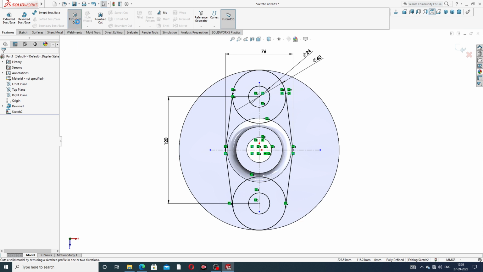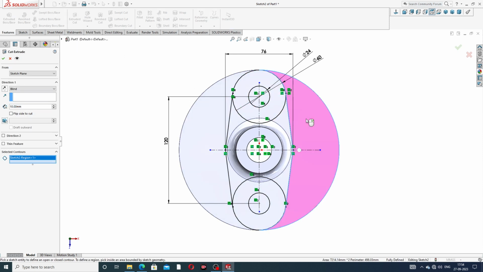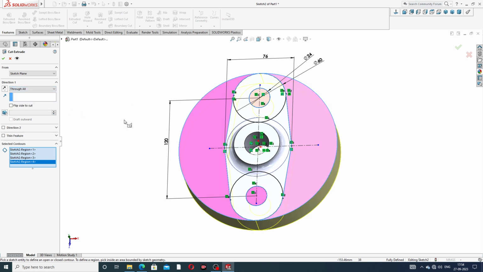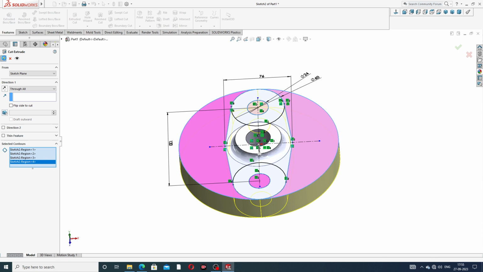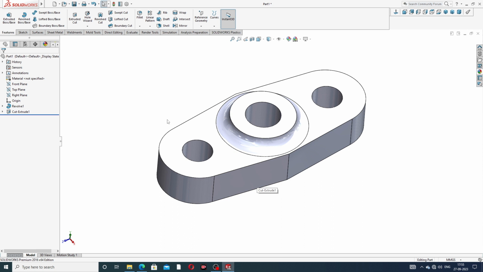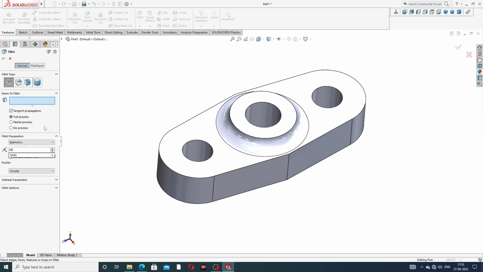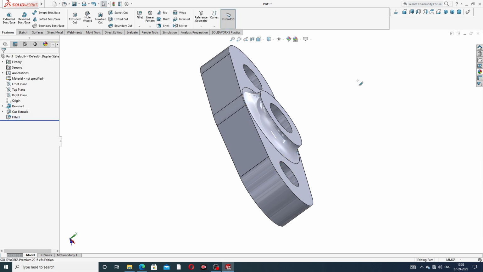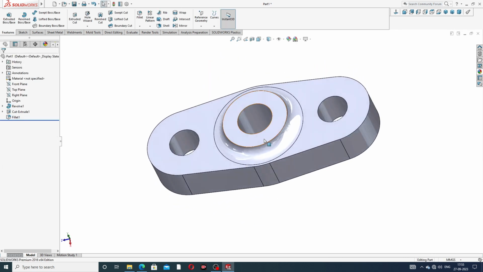going to this extrude cut and apply it; the extra portion is deleted here. Okay, and select this and this. Okay, and through all, the extra portion is deleted here, and okay, this is perfect. Okay, and again select a fillet, use here 50 millimeter, and select both edges here. Okay, and click OK. Okay, this is perfect and correct.